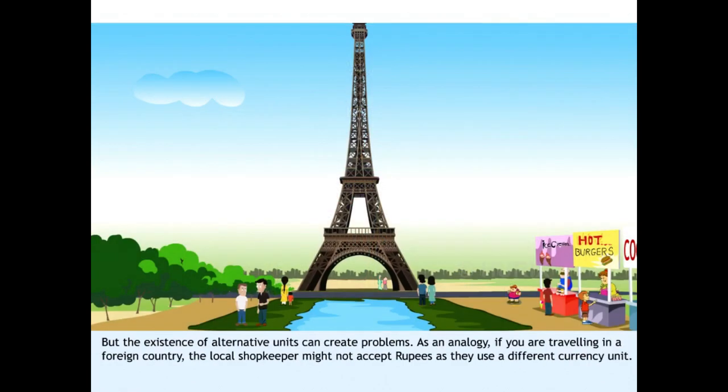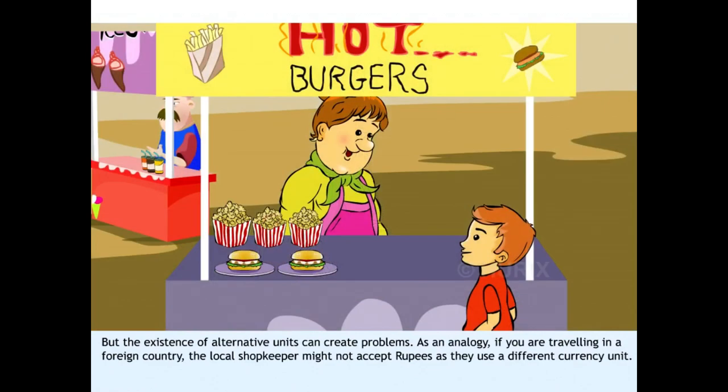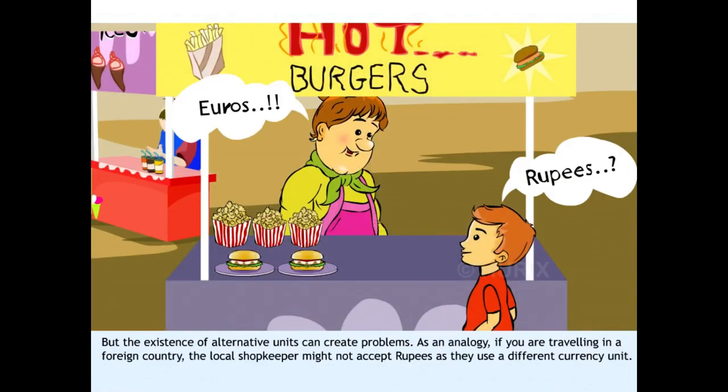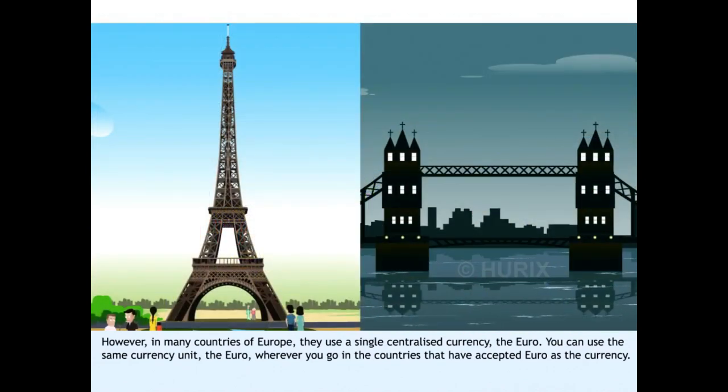But the existence of alternative units can create problems. As an analogy, if you are traveling in a foreign country, the local shopkeeper might not accept rupees as they use a different currency unit. However, in many countries of Europe, they use a single centralized currency, the euro. You can use the same currency unit, the euro, wherever you go in the countries that have accepted euro as